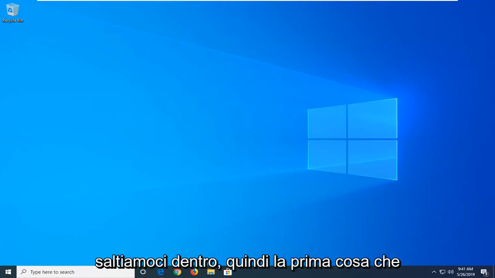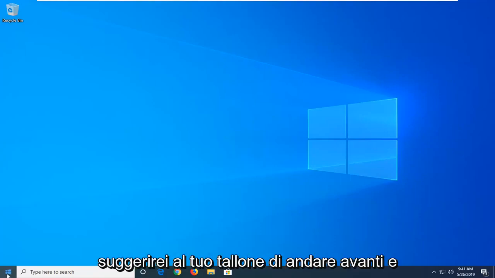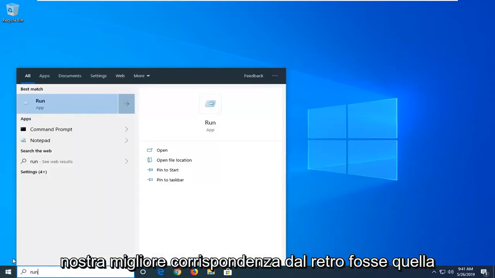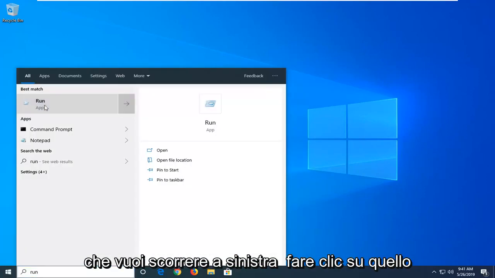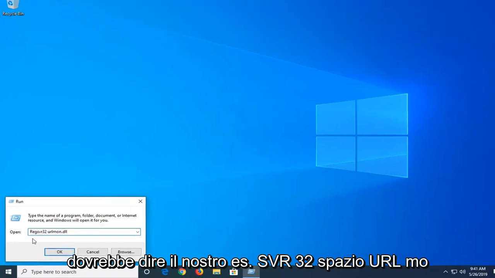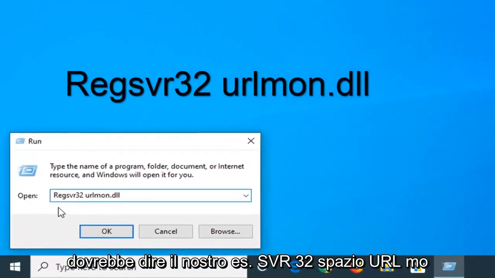So the first thing I would suggest would be to go ahead and open up the start menu, type in run, so R-U-N. Best match should come back as Run. You want to just left click on that one time. Now I'm going to have a little bit of text in the description of the video. It should say regsvr32 space